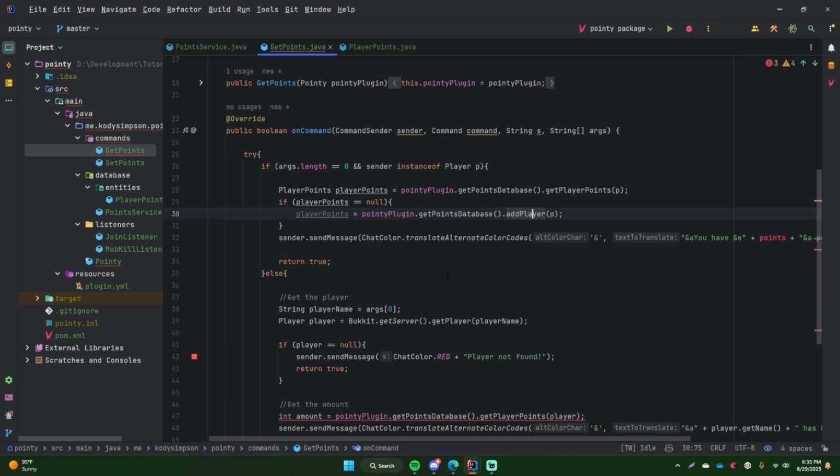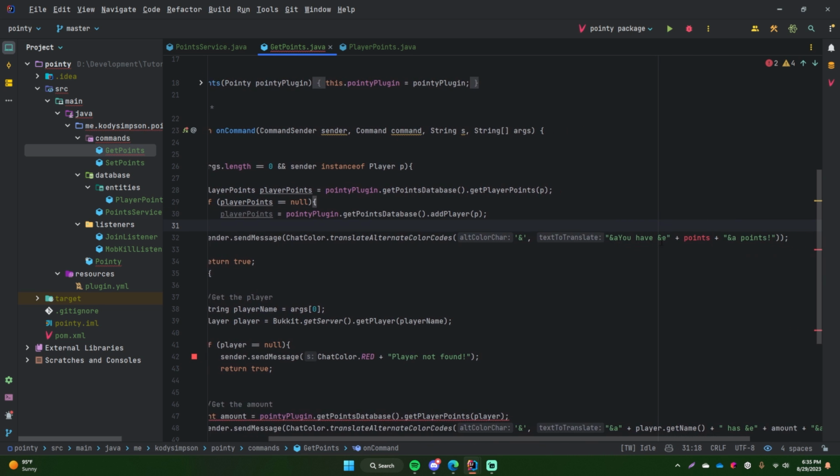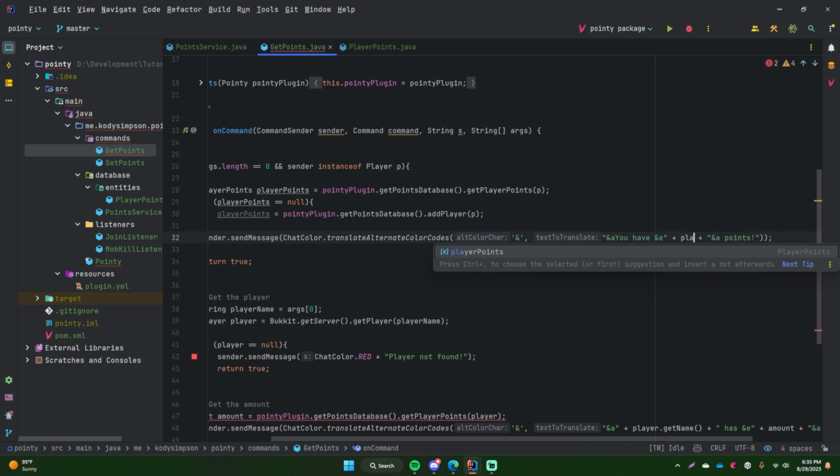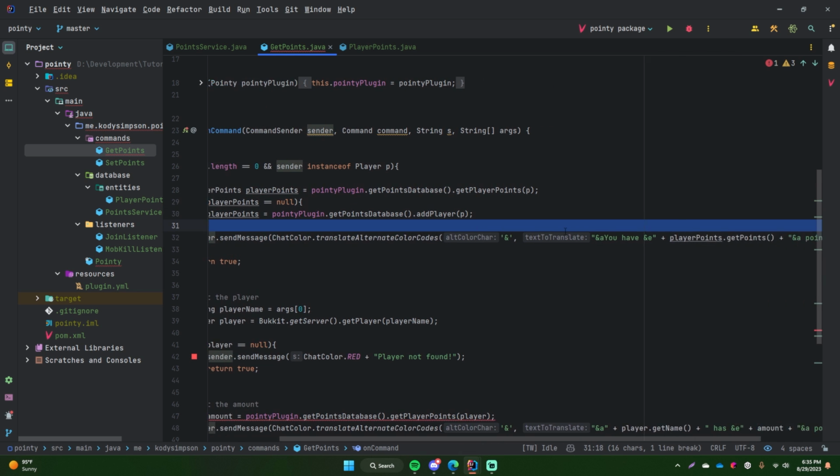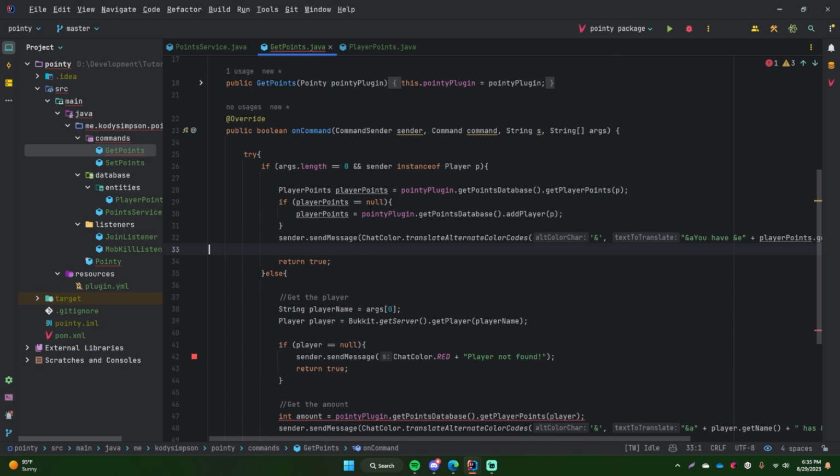So now if we go back here to the get points command, we can use that newly returned player points object, store it in this variable, and now we can just use it as if nothing happened by doing player points dot get points. There we go. Just to recap, this is checking to see if the player who ran the command is running it for themselves to see how many points they have. If they are, we're going to grab the player points object from the table based on that player. If it doesn't exist for some reason, we're going to create it on the fly, and then use it and send the message as we were going to originally anyway, okay? Hopefully that makes sense.